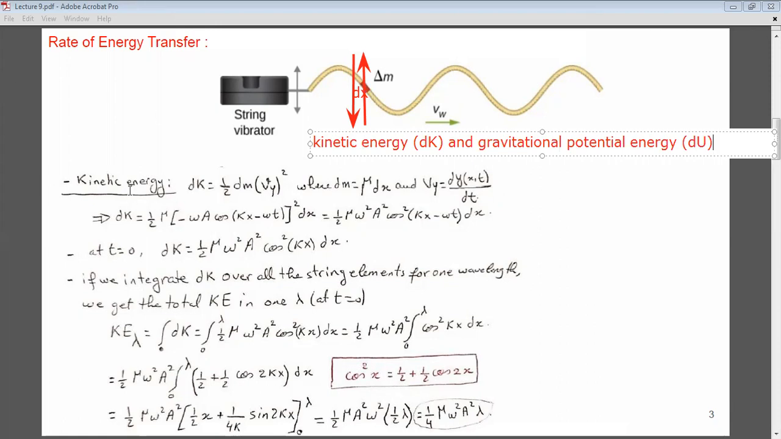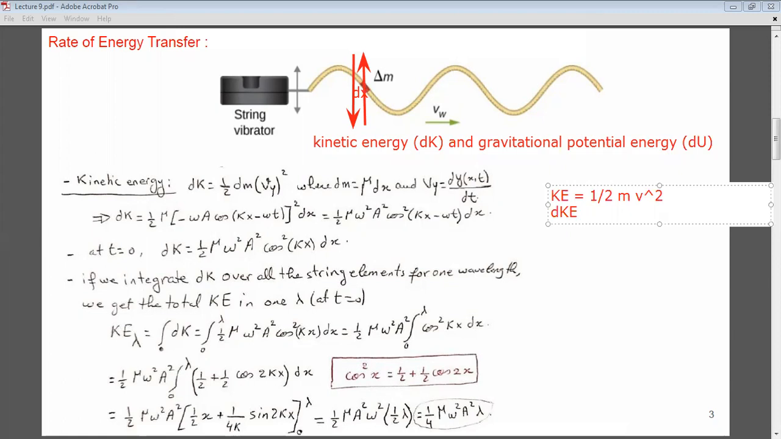What is kinetic energy? If you remember, kinetic energy of an object of mass m moving with a speed v is half m v squared. Since here I'm talking about a very small segment of the string, so it will be half, instead of m, it will be this very small mass, that is dm, v squared. Okay, now